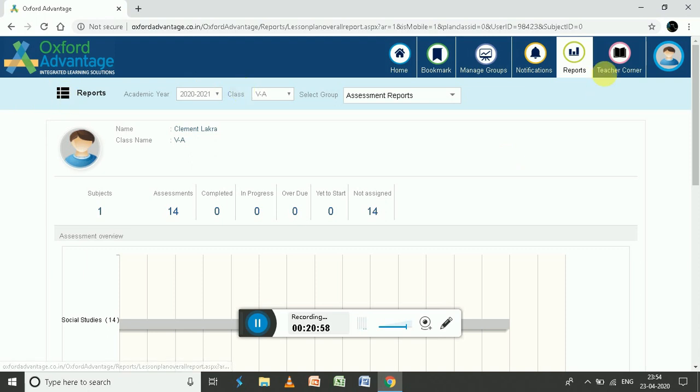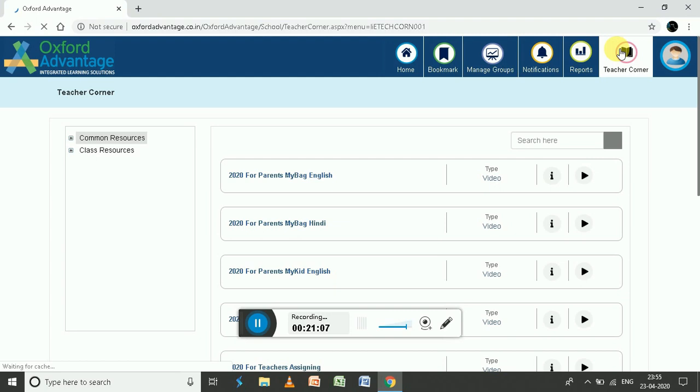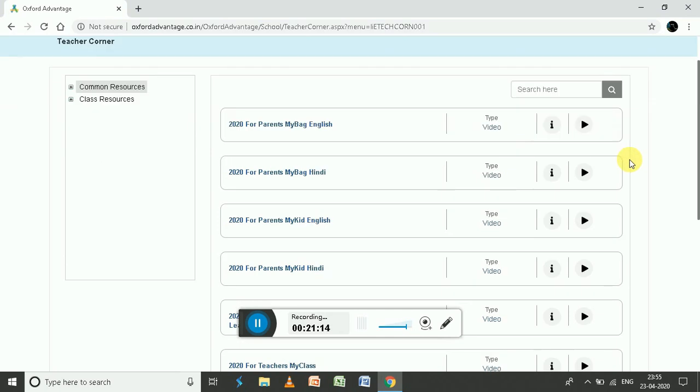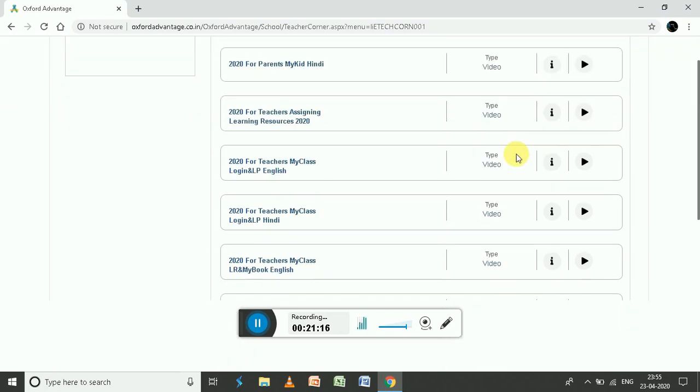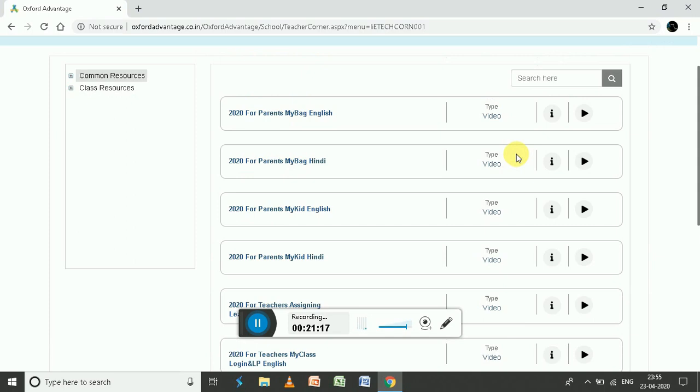Report. Now the next tab is the Teachers' Corner, where there are lots and lots of videos, and we can send the videos to the parents on how the Oxford app is being used, how we can maintain the students, and how to work along with the app.